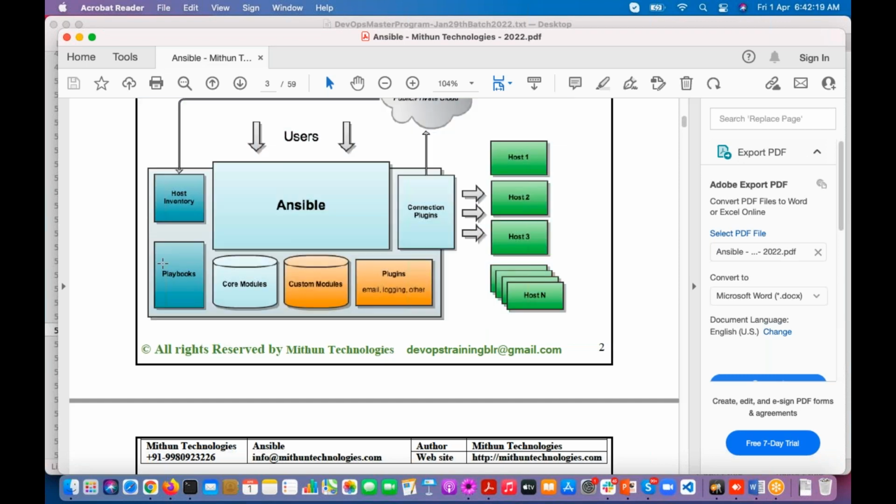Next one is the playbooks. In these host machines, if you want to install software or create a user, that logic we are going to write in the playbooks. These playbooks are created in YAML format.